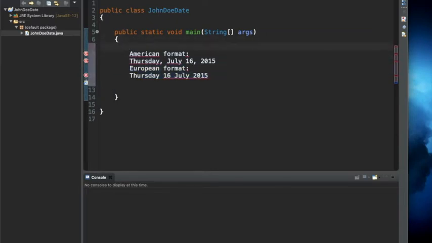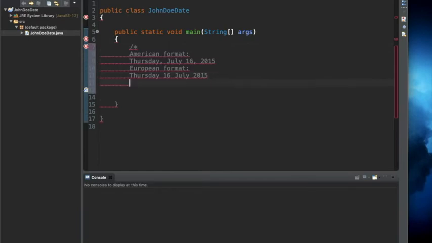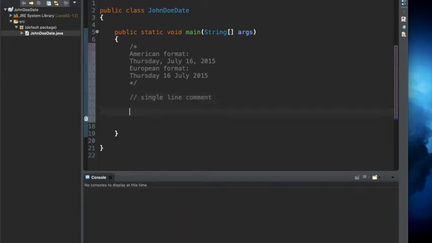All I'm doing here is using this for reference. So if I want to comment out multiple lines of code, what I can do is do something like this. Now this is a comment, okay? So this is a multi-line comment, whereas this is a single line comment, okay? But I want to use this as my reference. So I know at some point I'm going to have to print out something. So how do I do that? Well, I use something called